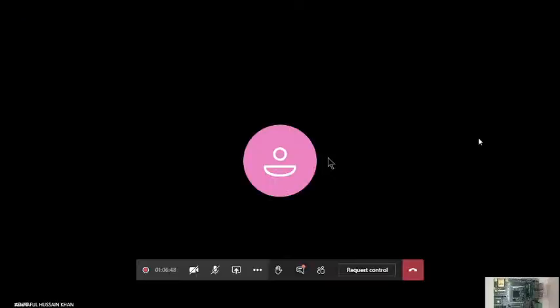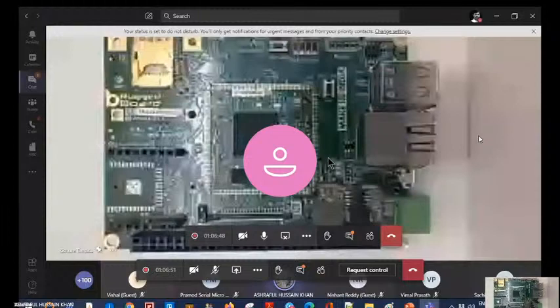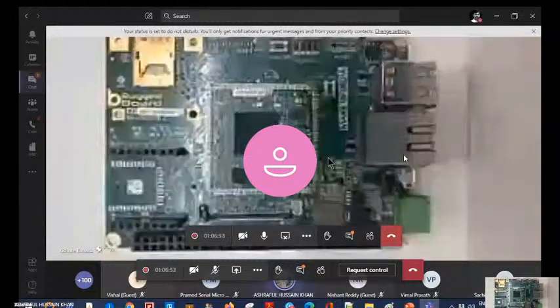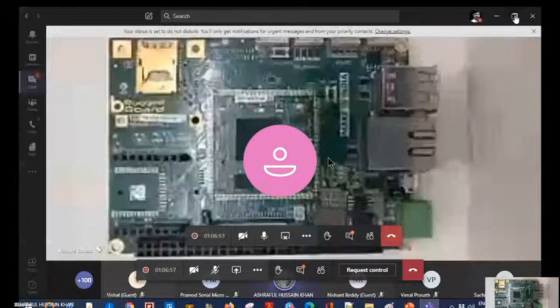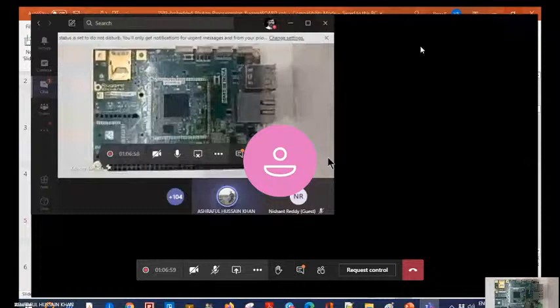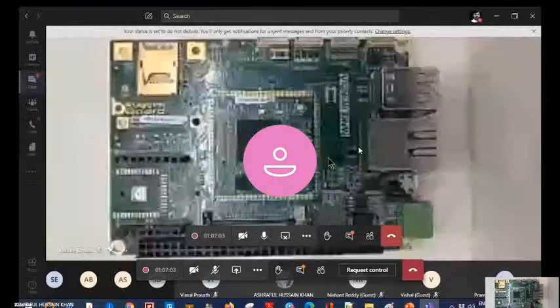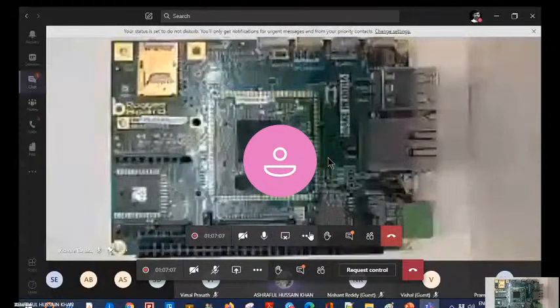So now it is visible to everyone, I believe, since I am sharing. You make it full screen. Not there, near the screen sharing. Yeah, there you have the full screen option.